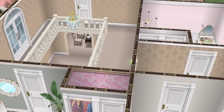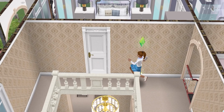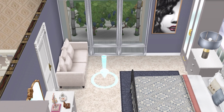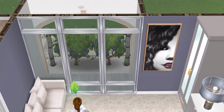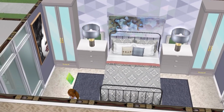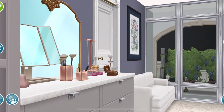Okay, the last room to check out before we go to the basement is the master bedroom. I really love the room. They also have a porched window, very beautiful. And you could actually put a door there and have them be able to walk out and look out if you want. So I have a clip in AR of the space. I love the colors and the way it's combined. But the thing is, you can't have